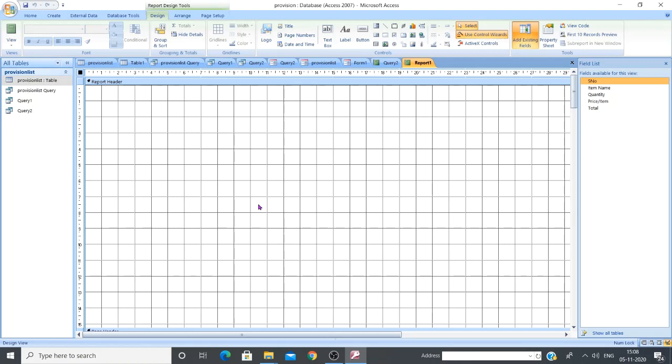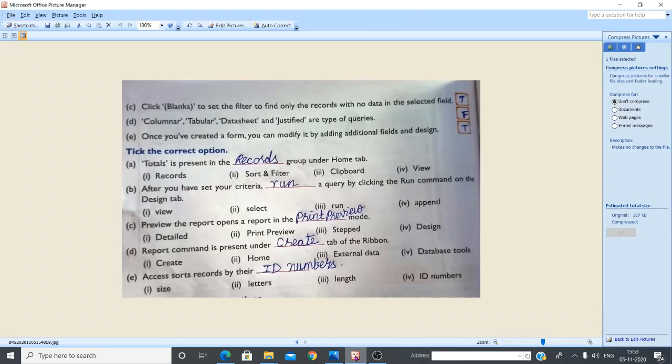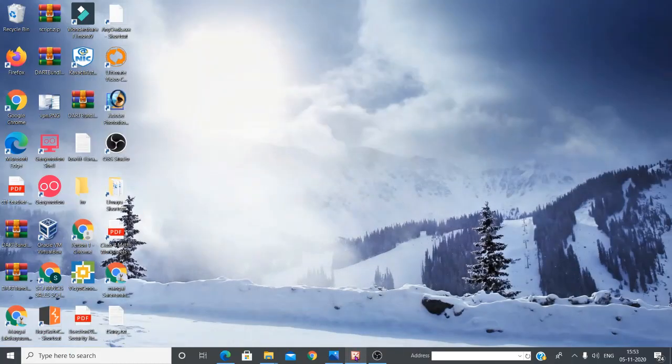Got it, students? So this is what we have studied in Microsoft Access. The chapter is over, and we have also done a recollect of everything. Now it's time to do your exercise questions. Students, herewith I'm showing you the answers for the exercise questions. Take your text and go to page number 101 and read the question. Try to answer by yourself, then copy the answer from the picture I have shown.